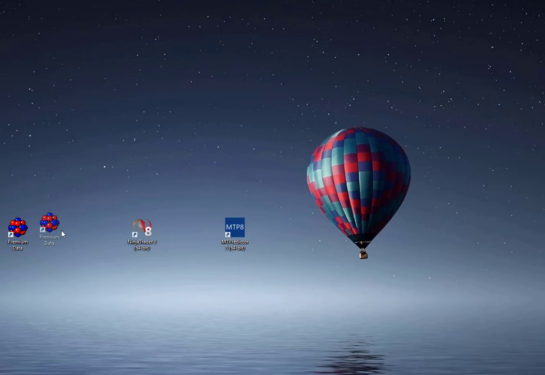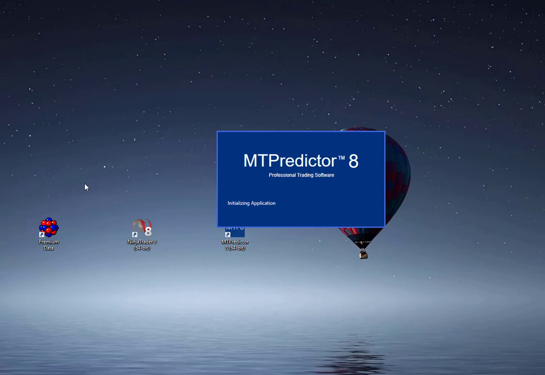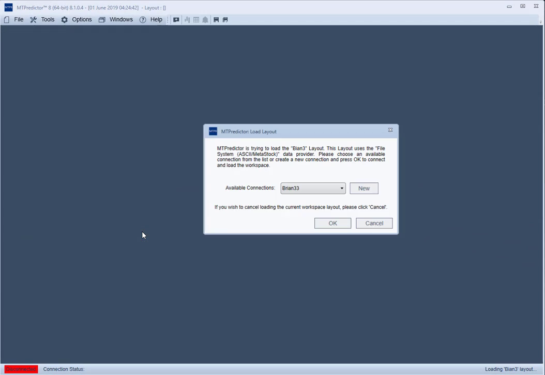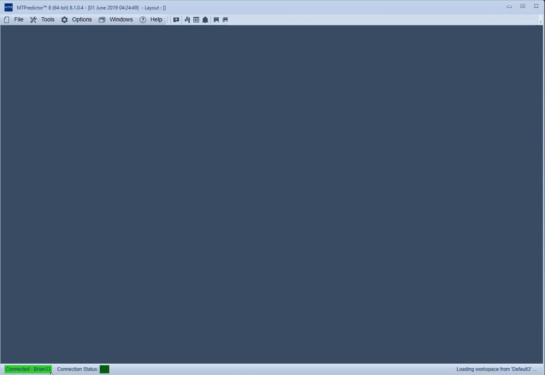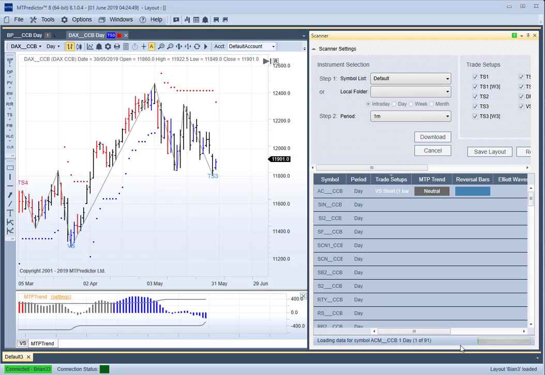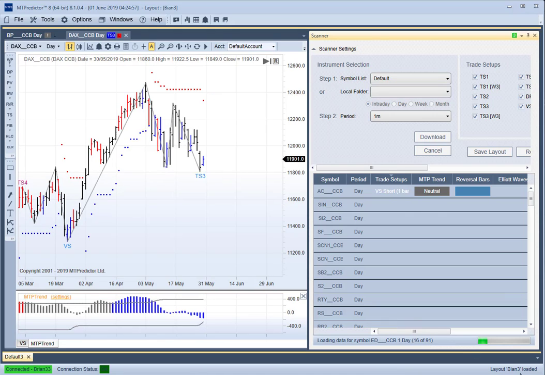And you can see there I actually use premium data myself as well. So I'm now going to open the program again, just to show you that it will load back up again. Double click on this to open the program. And it says here available connections, which was the one we had before. We just connected there. So I'm just going to do OK to connect back to that, and you can see it's connected down there. And down the bottom right hand corner, you can see it says loading Brian3. So what it's done is brought the charts back up, and now it's going through and doing the